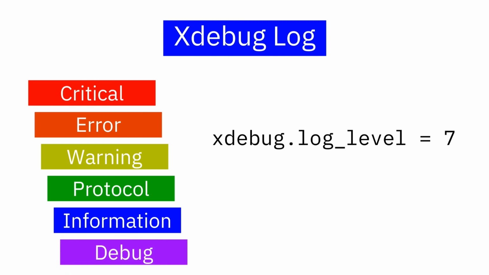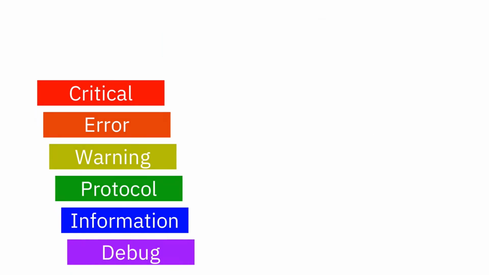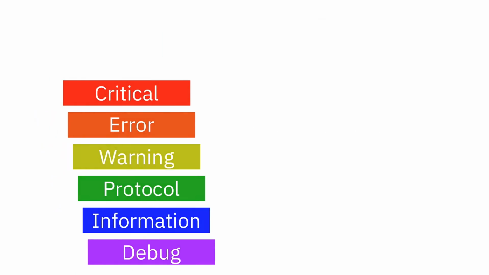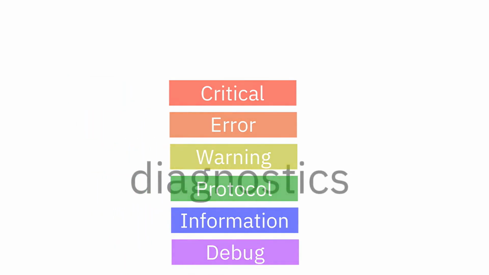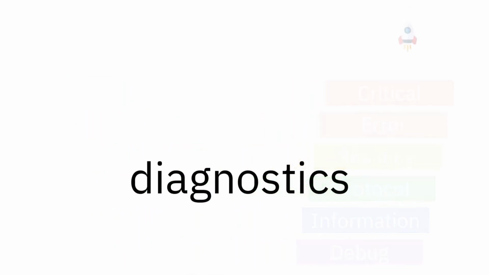You can configure which severities to be included in the log with the xdebug.log_level setting, with the default being informational and higher. Xdebug 3 includes a whole new suite of functionality to help you understand what is going on, allowing you to diagnose why things are not necessarily working. Future versions of Xdebug will likely include even more information.